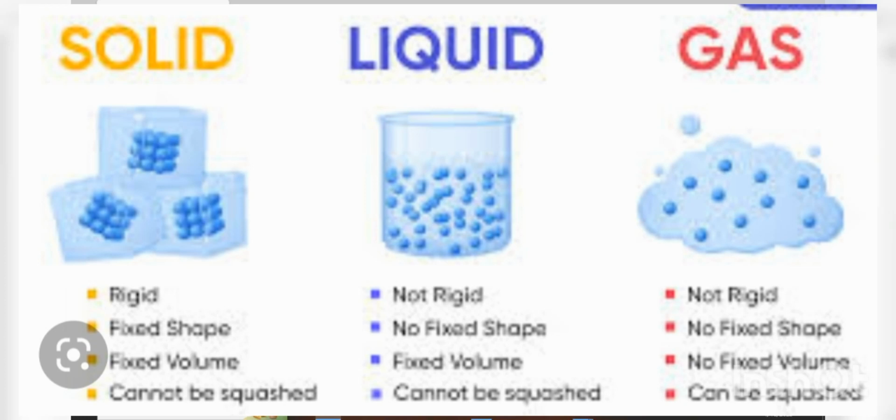This is one of the similarities. They have a fixed volume, but the difference is that they do not have a fixed shape. Liquids do not have a fixed shape, meaning for it to have a shape, it has to be put in a container. A liquid can change its shape and take on the shape of the container where the liquid has been